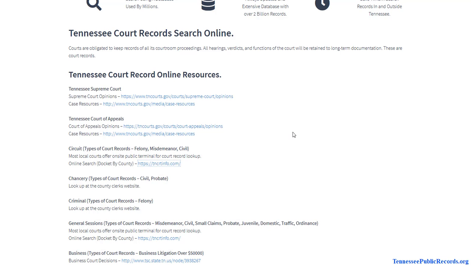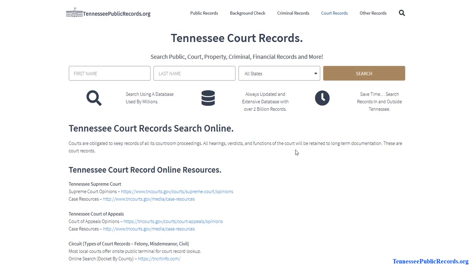So just wanted to go over that, make sure you understand that there are multiple databases, so you don't miss anything. What happens next after court is